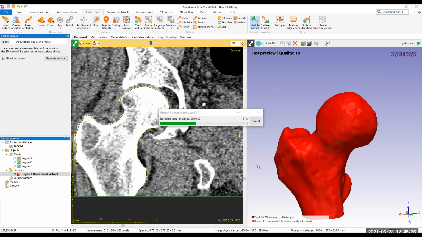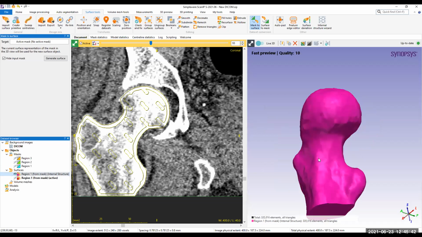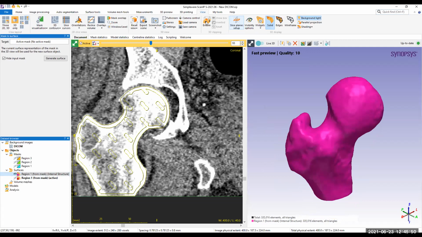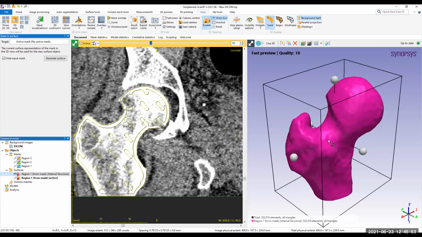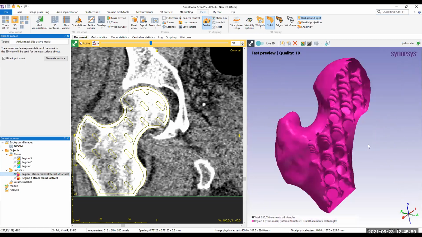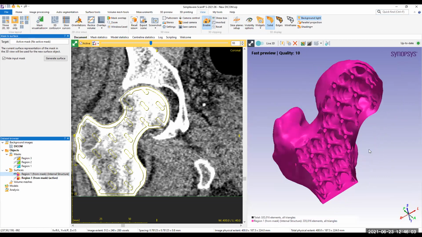So it is generating the internal structure with the lattice that I selected. I can visualize the internal structure to verify the internal lattice that has been generated. So here it is. Now, for me, it is ready for the 3D printing.